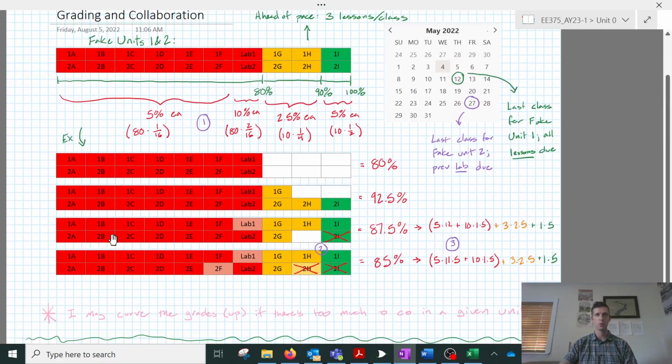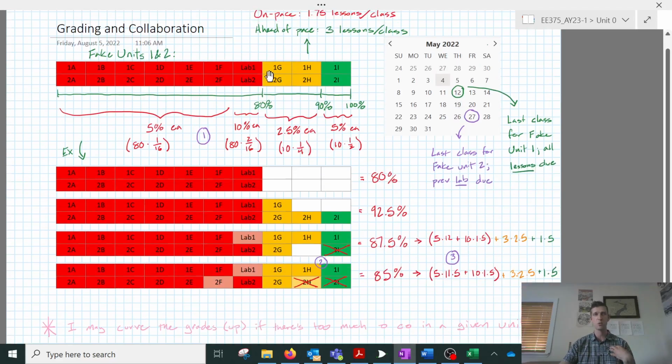So for instance, one big question I've got is whether the workload I've assigned is even feasible. It might be that we get into units 1 and 2 here, and the most anyone's able to do are the first 4 lessons of each unit. Okay, well if that's the case, of course I'm going to scale things in your favor. I'll make sure you all know when I'm doing that and how you can